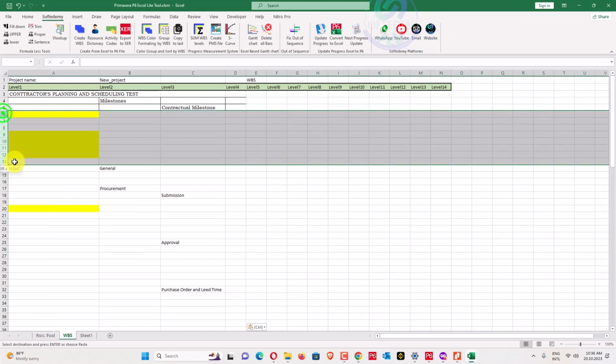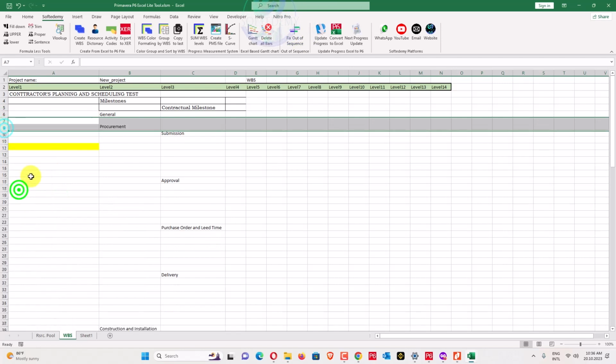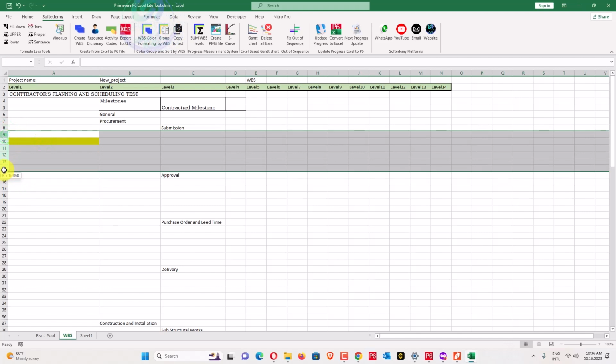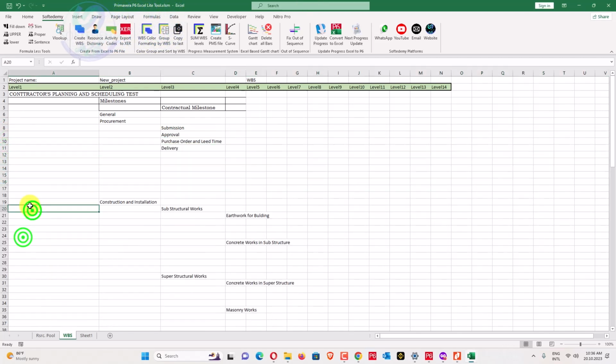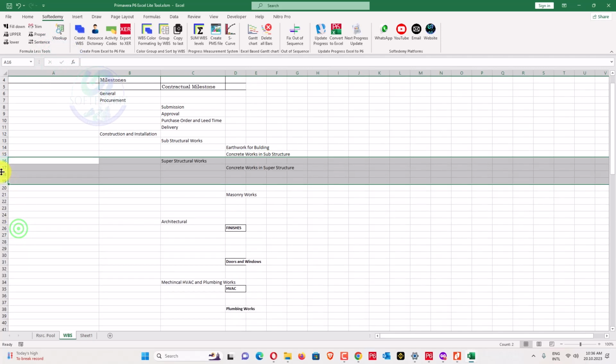Everywhere where there is something written, and we'll just go here, remove that one. You can add that one manually also.